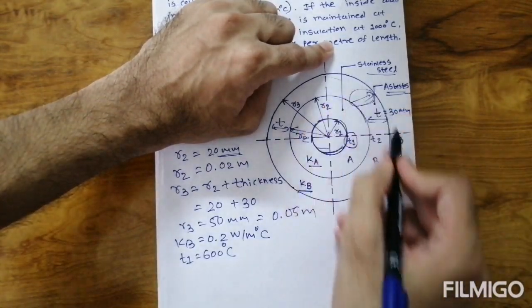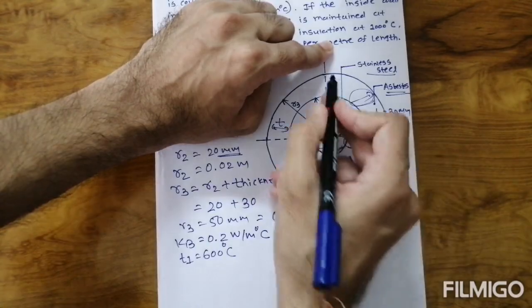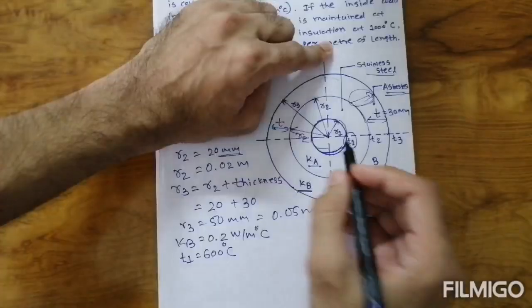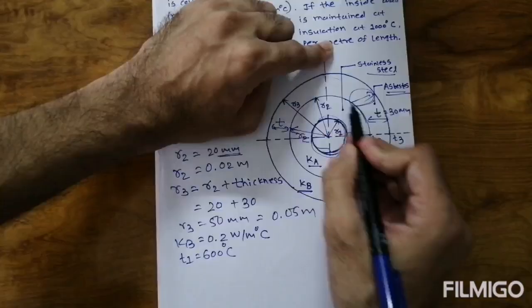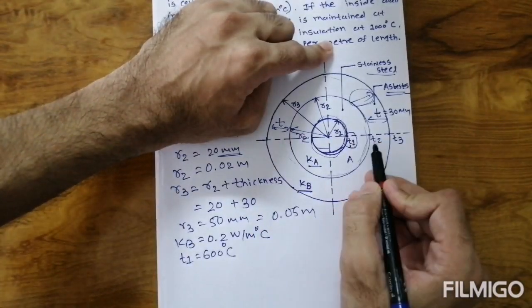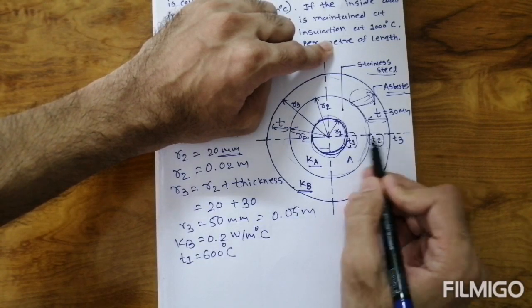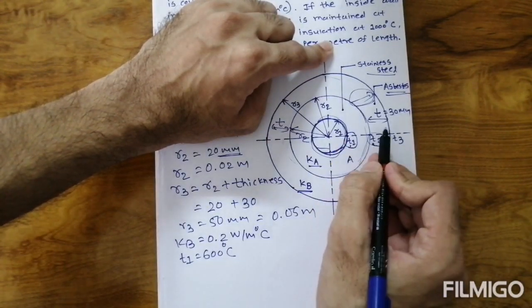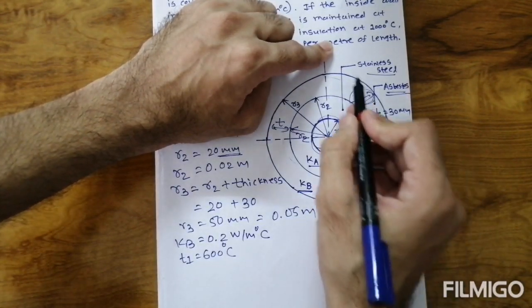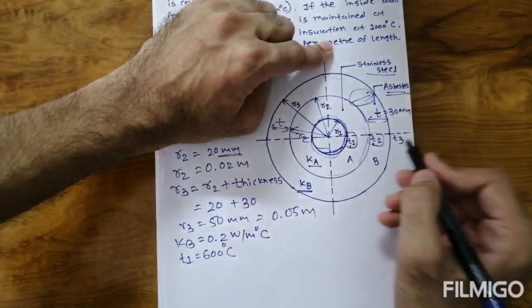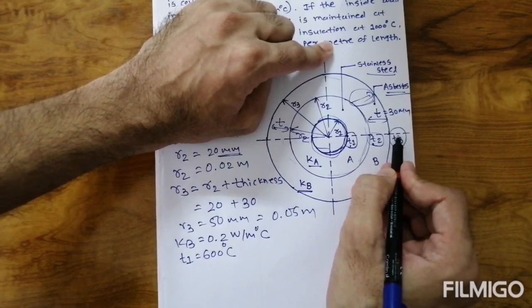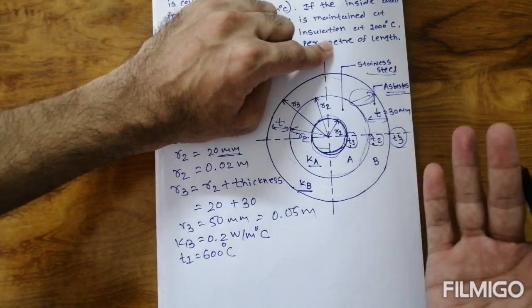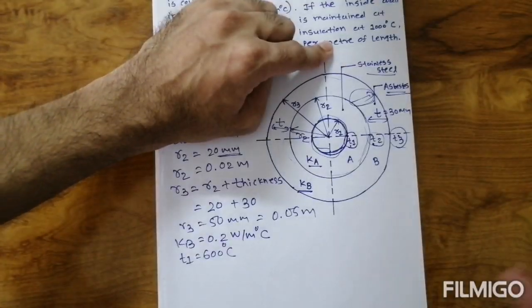So that insulation outside temperature is given. Okay, so what does outside temperature mean? I already mentioned that the stainless steel inside surface has temperature T1. Then after the stainless steel outside, it will be T2, or we can say T2 means the interface temperature between the stainless steel and asbestos. And then the outside of the asbestos is T3. So heat is transferred from T1 to T2, T2 to T3. It depends on the temperature. Which one is higher? Inside is higher, or outside is higher.